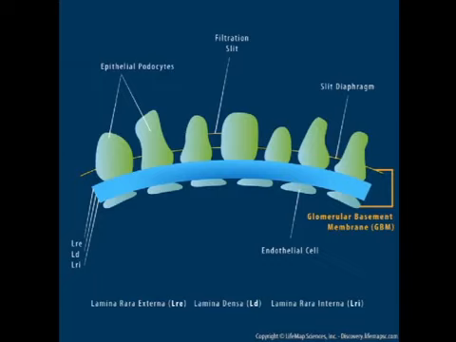The glomerular basement membrane serves as a molecular sieve that is capable of sorting out molecules on the basis of molecular size and charge. The GBM is impermeable to molecules having a molecular weight of more than 69,000 Daltons. In addition, the GBM does not allow those molecules to pass through it which have a highly negative charge.